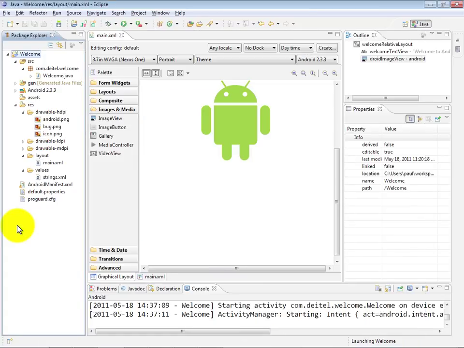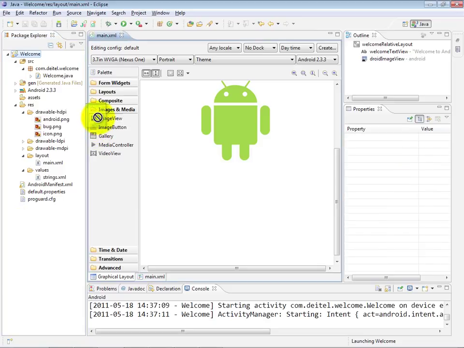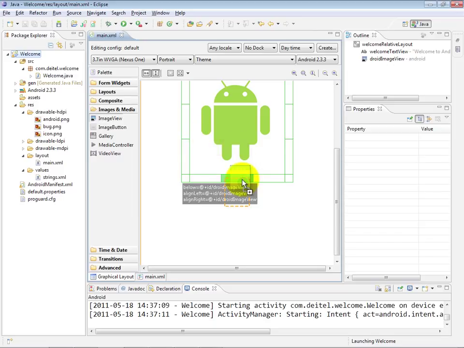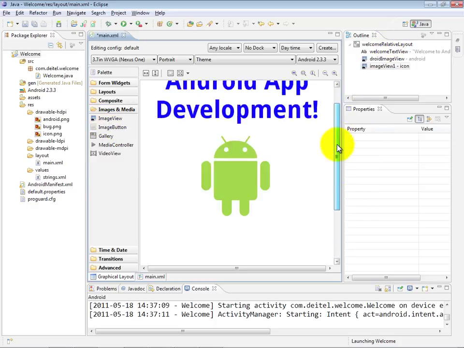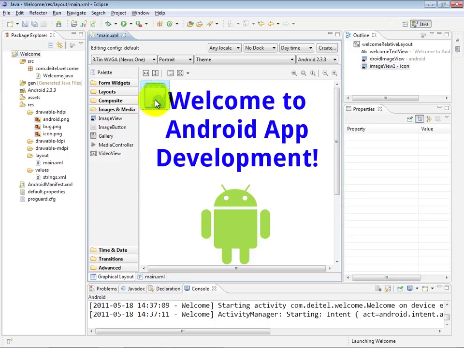And then finally we wanted to repeat this step that we just showed you for a second image view. So if I go ahead and select the image view and I drag it over the Android object, I could say just by dragging it down here that I want it to appear below the current Android icon. Notice in this case that it centers it automatically on the screen, whereas if I delete that and then do it the way I did originally, in this case the image is currently in the upper left corner,